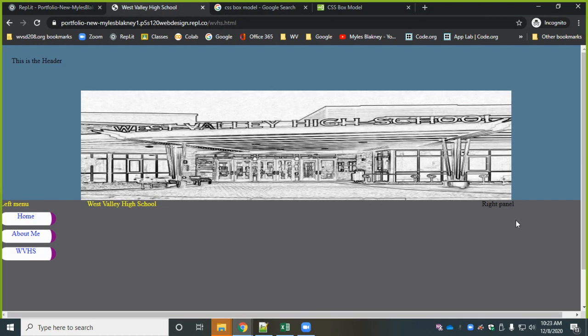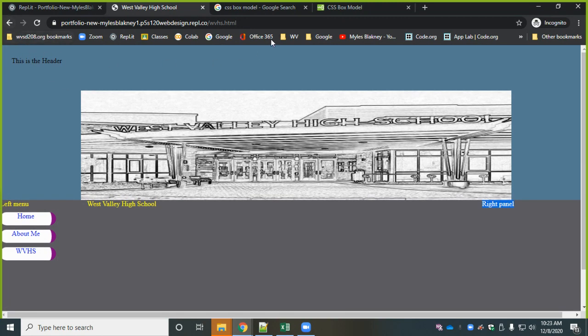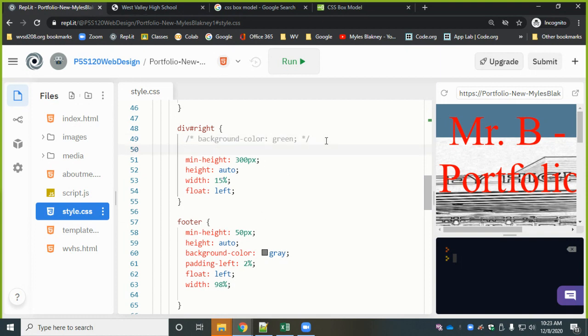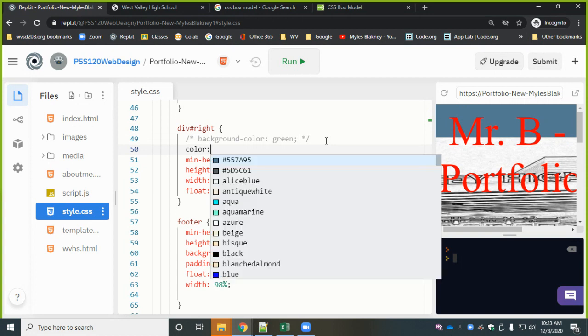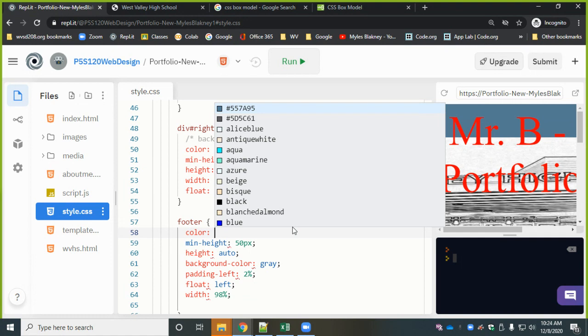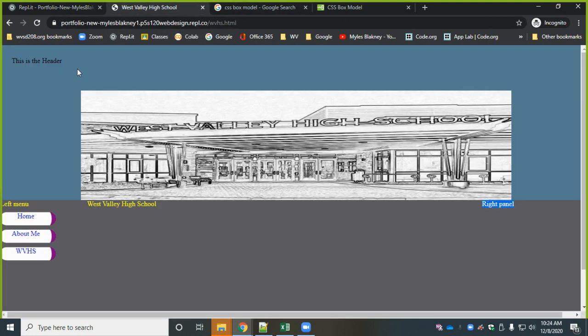I also noticed on my web page that the right panel is in black and so is the footer. You can add the color. I'm going to put a color on there the same as my other ones. This is not a requirement. Again, this is yours. But since I have a darker color, I want a little bit lighter, and I don't really like white, because if I change the color back to white, which will happen, or if the CSS crashes and it goes to white, then you can't see your